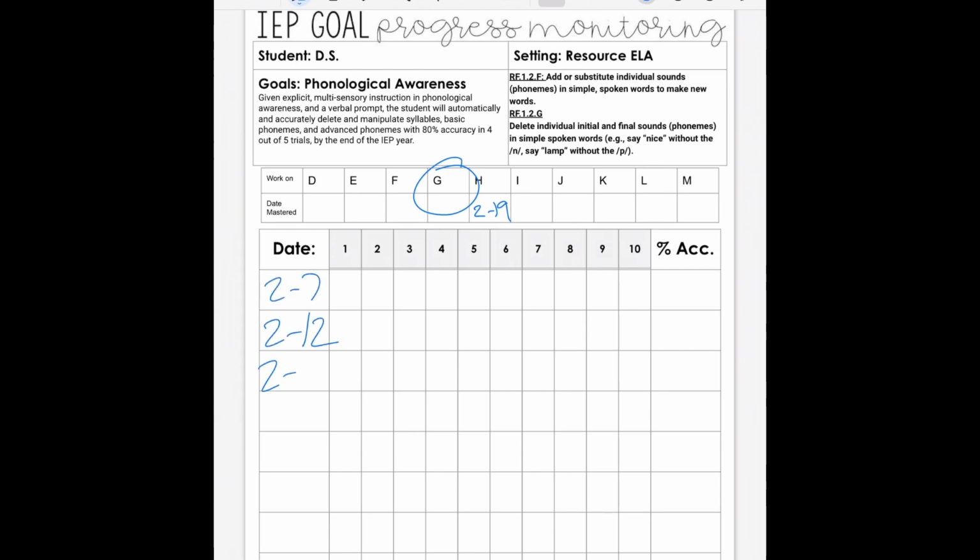Sometimes I add things to help me keep track. So I've got the levels for Kilpatrick, Equipped for Reading Success on here, and I can circle what level the kid's on. I can write what day they've mastered it, and I can either use the boxes to chart trials, or I can just write the percentage and put the letter next to it. This has really helped me, and I can use it each 9 weeks to document a student's progress and where